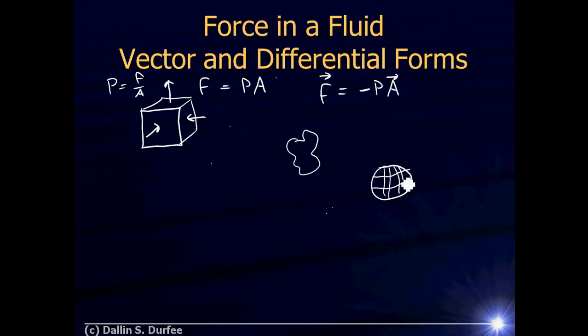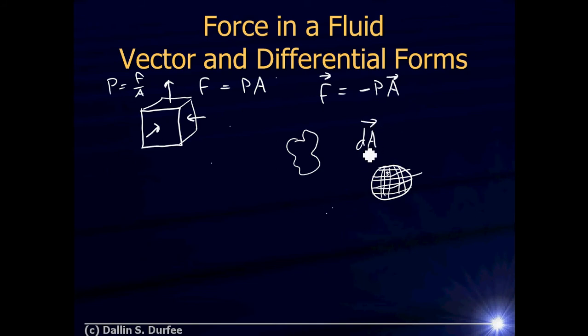But if I keep dividing them up until I have an infinite number of infinitesimal pieces, in that limit, each piece will only point in one direction. Its area will only point in one direction. So if I were doing a sphere underwater, I'd have to take each little piece of that sphere and divide it up into an infinite number of infinitesimal pieces. Each of those pieces would have an infinitesimal area, dA,